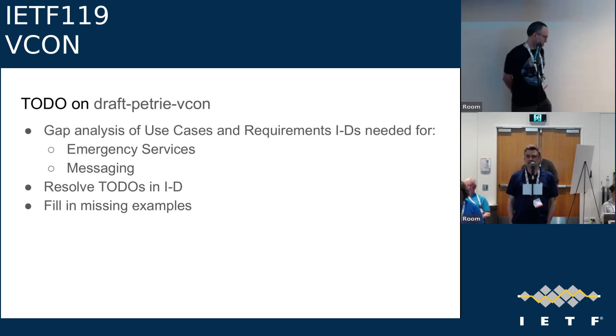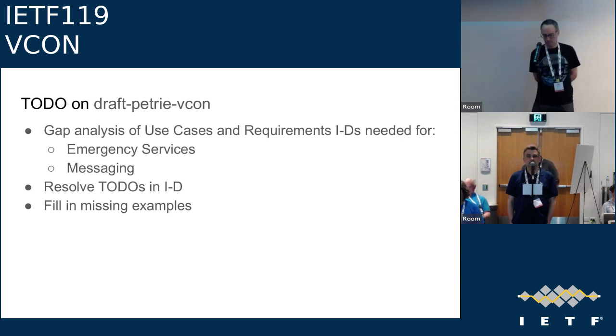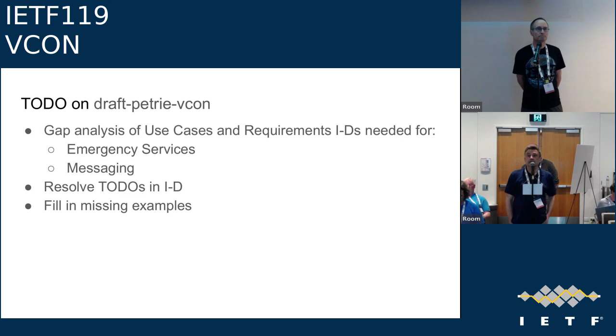I was actually going to ask a broader question. We have a number of use case and requirements documents. There's also use case and requirements in this draft itself. What does the working group want to do? Do we want to continue to have all those? I think there are a lot of use cases that people are talking about, so we have quite a number of them. I just wanted to ask that more general question: how organized do we want to be about the use cases and requirements going forward? I'm looking for guidance. Yeah, for sure.